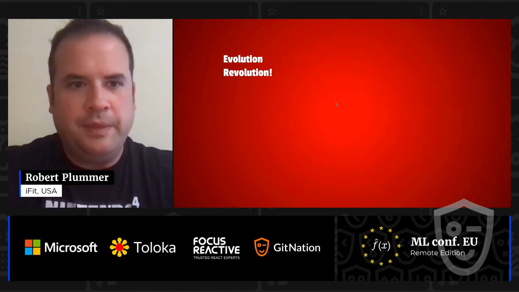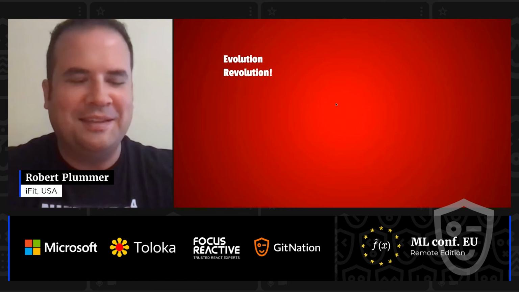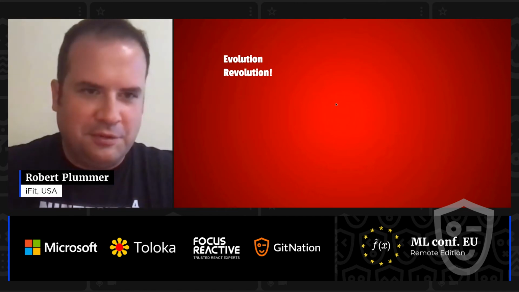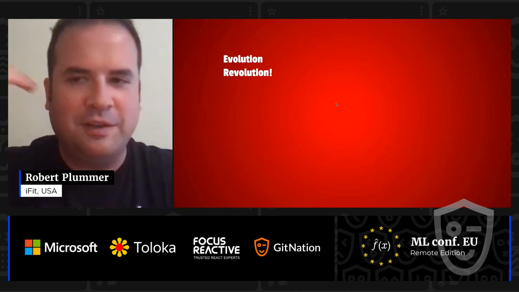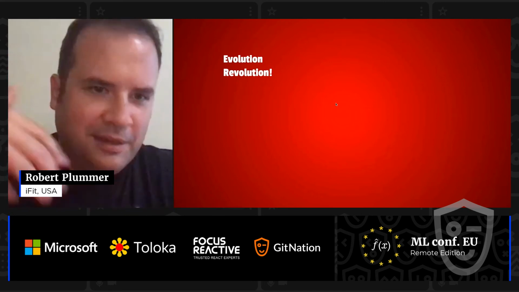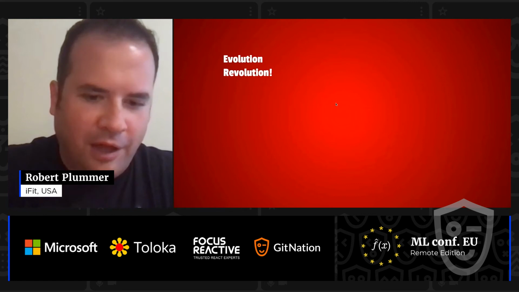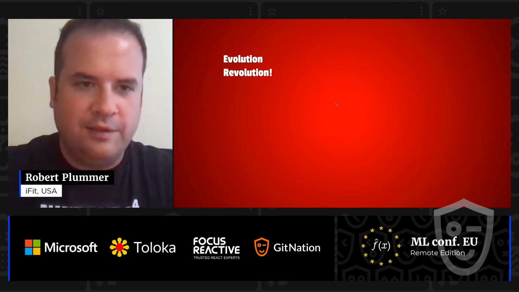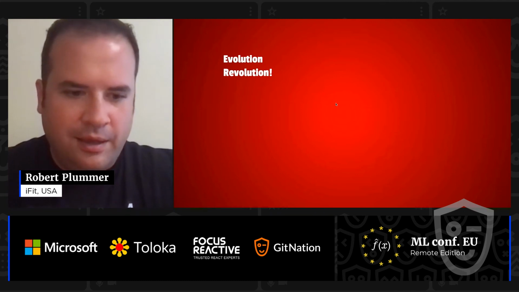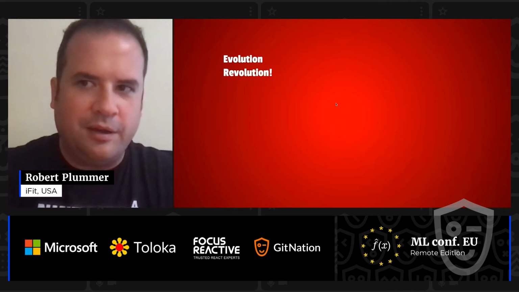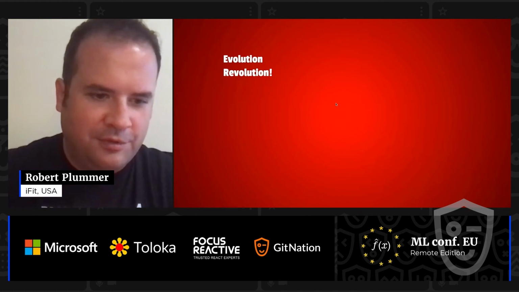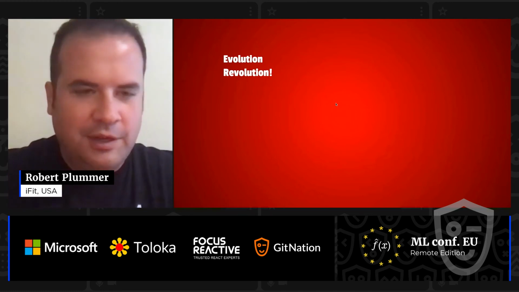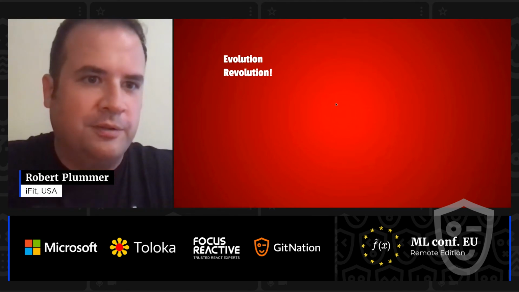So the evolution revolution, that's the name of the talk that I've got today. And we're not talking about evolution with animals or anything like that. We're talking about evolution of ideas. One idea builds on another idea, builds on another. For the longest time, all we have done is abstract into these separate layers. It's been very hard to do it the other way, which is to read the high-level language and compose the lower-level language. Well, that's what I'm proposing.